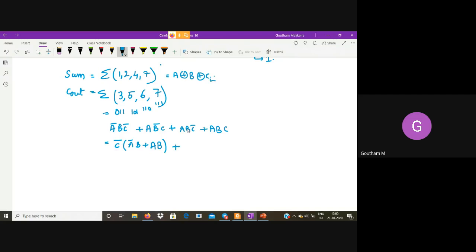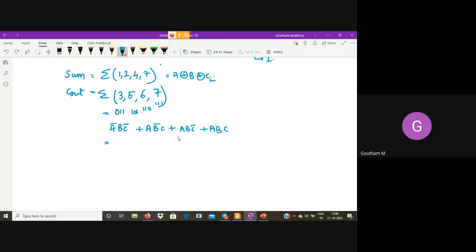In these two terms I can actually take BC bar common anyways, so we'll do it as a next step. I think this is not working out. Let me see another way with which I can write carry out.